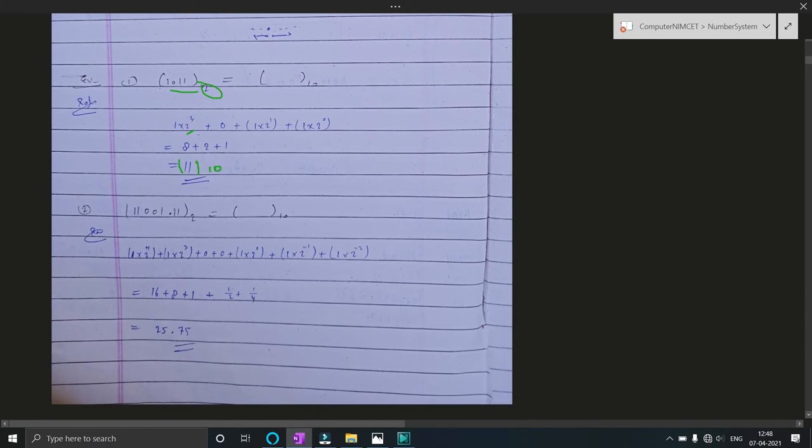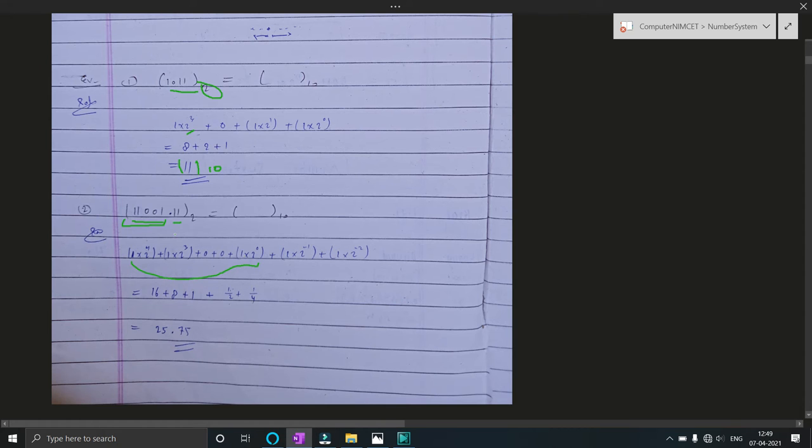Now you have seen how we converted a binary number to a decimal number. Let's take another example to make things very clear. This is 11011.11, and its base is 2, and we need to convert it to decimal form. We'll solve the left part of the point first, like the previous question. Let's take the rightmost digit, that is 1. So 1 into 2 power 0, plus 0, plus 0, and 1 into 2 cube, plus 1 into 2 power 4. So this part is pretty similar